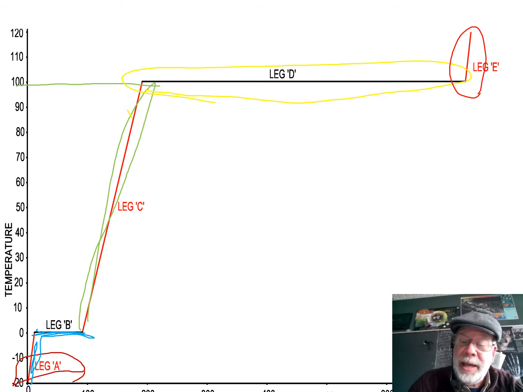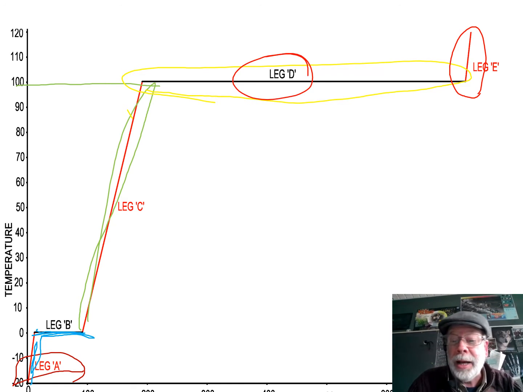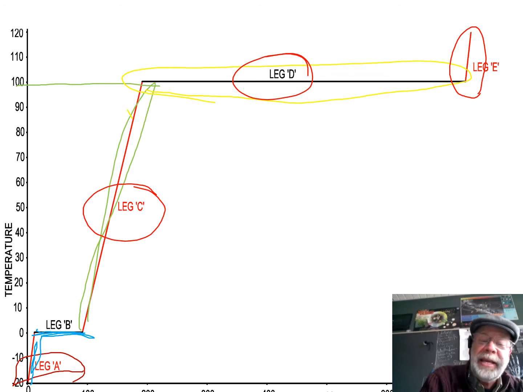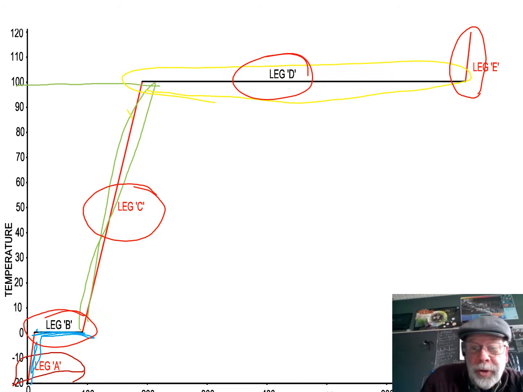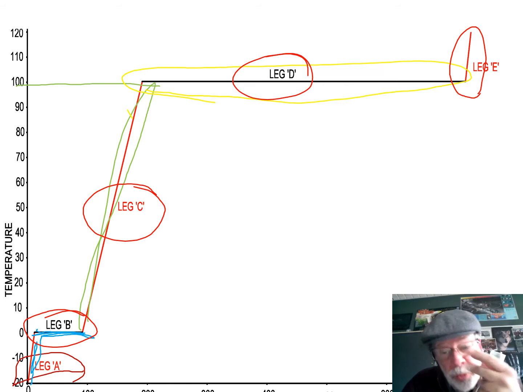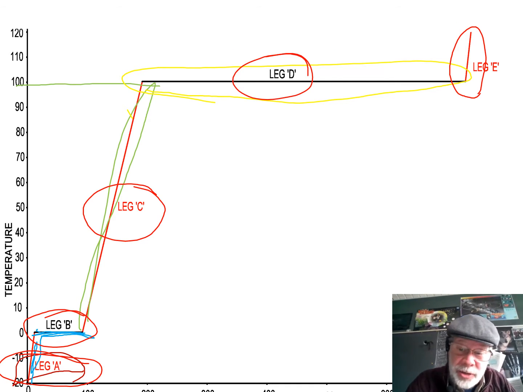So, at leg E, what substance do you have? Water vapor. At leg D, what substance do you have? Two substances, water and water vapor. Excellent. Leg C, what substance do you have? Well, you're raising the temperature, so it just is water. At leg B, what do you have? You're adding heat, no temperature change. Must be two substances. This would be ice and liquid water. And at leg A, what substance do you have? Well, you're able to change the temperature, so it can be only one substance, and that's going to be ice.